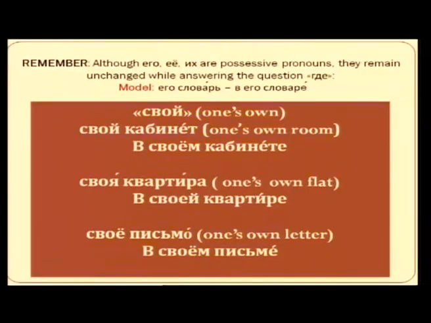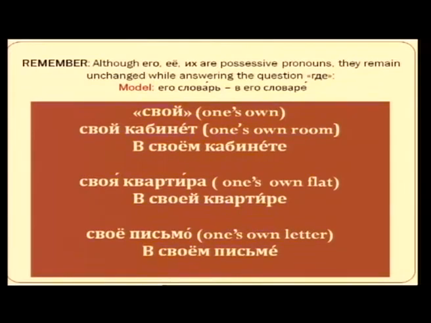Please pay attention to this slide and discuss the usage of свой while I read it for you. Dear learners, you must remember that although его, ее, and их, which mean his, her and their, are possessive pronouns, they remain unchanged while answering the question где. Let us understand this with an example. Его словарь. Accordingly, the usage of свой, which means one's own, we'll understand with the help of such examples